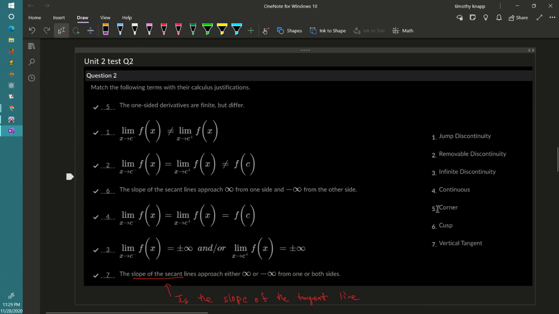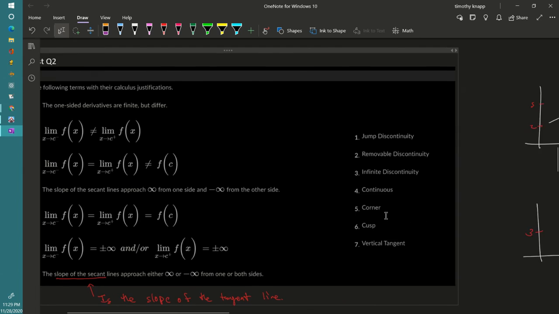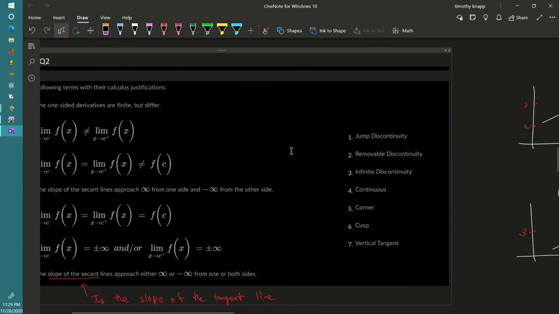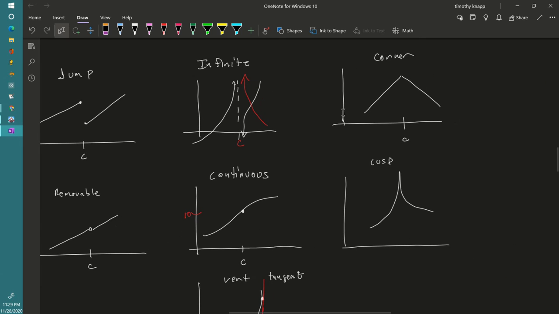These now are talking about non-differentiable functions here. So let's talk about number 5. Number 5 is a corner. Where is it defined here? The one-sided derivatives are finite but differ, okay? So my corner is up here, meaning the limit of my derivative here is maybe like, I don't know, this derivative is finite. Let's say it's 3 for that slope. And this one happens to be negative 3 for this slope. And so as I approach